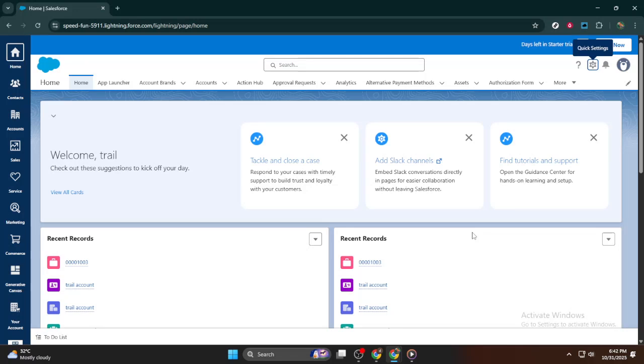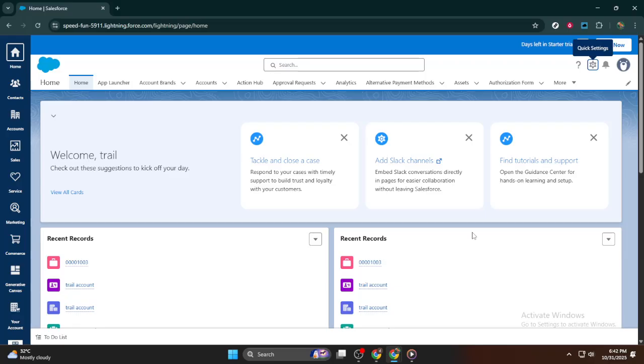In today's video, I'm going to teach you how to check Salesforce licenses. Whether you're a Salesforce administrator or just someone trying to keep track of your company's licenses, understanding how to check them is crucial. Let's dive in and walk through this process step by step so you can feel confident managing